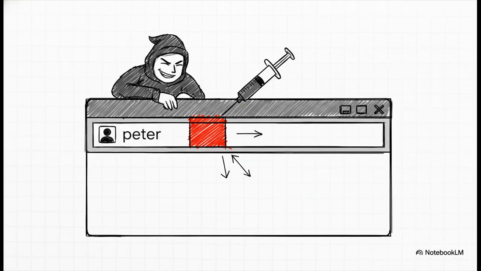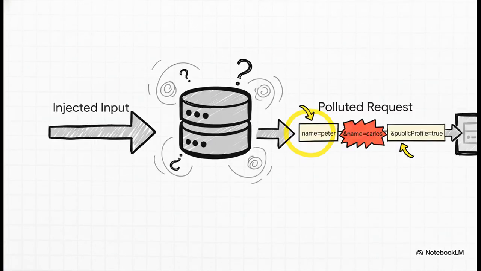Okay, now here comes the attack. The hacker gets clever with their search term. See that %26? That's just a sneaky way of writing an ampersand, the and symbol, inside a URL. What they're doing is trying to inject a second name parameter, hoping it'll confuse the servers down the line. So the front-end server, it has no idea what's happening. It just sees the user's messy input and tacks it onto its own security parameter. The result is this polluted request with two completely different name parameters, which then gets sent off to that private